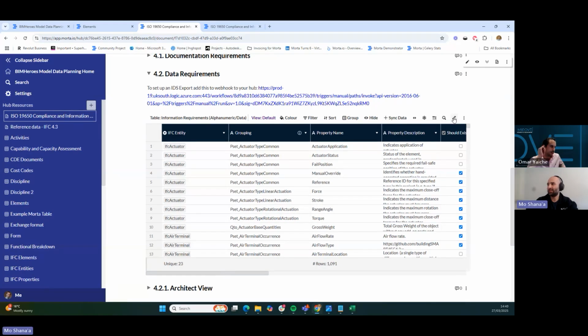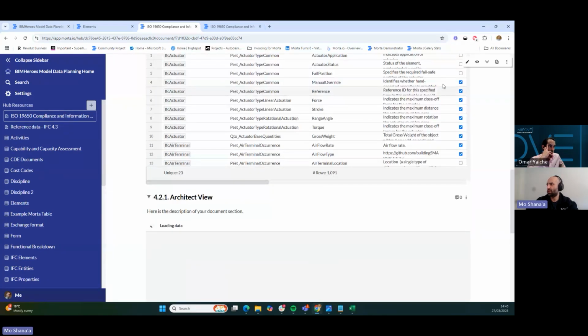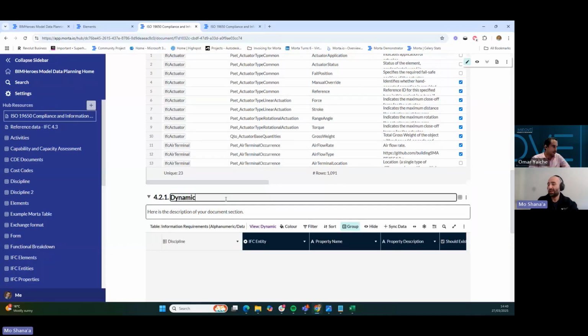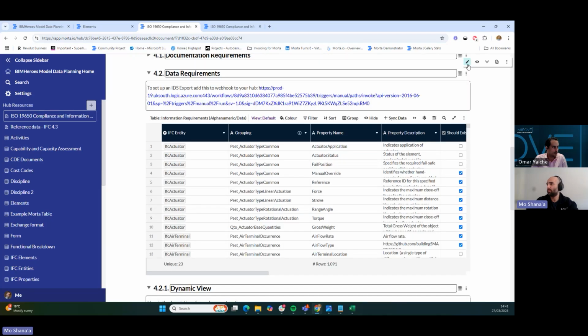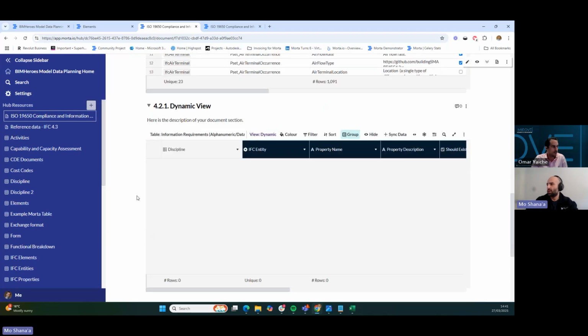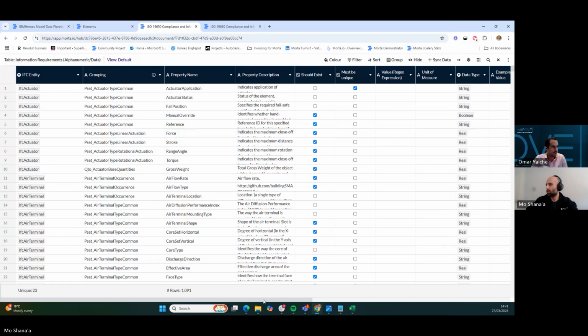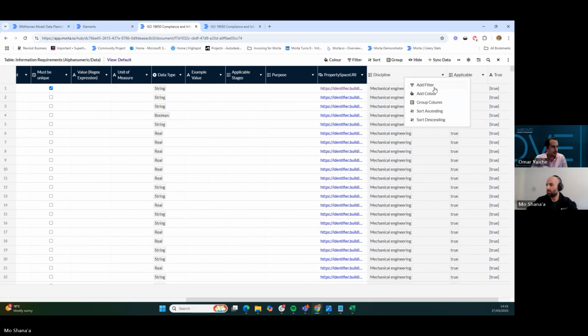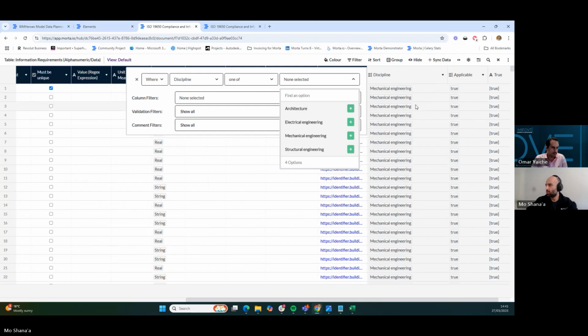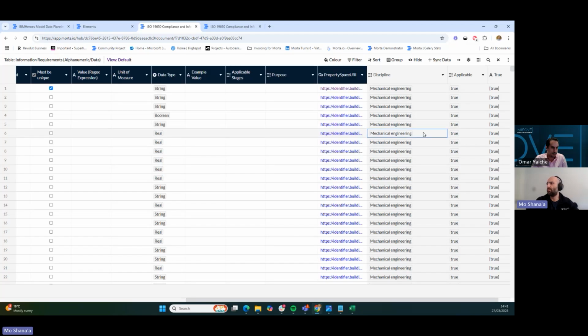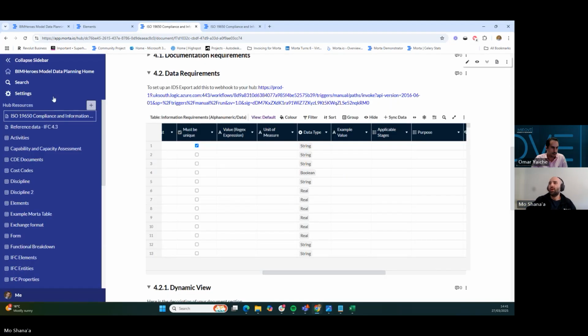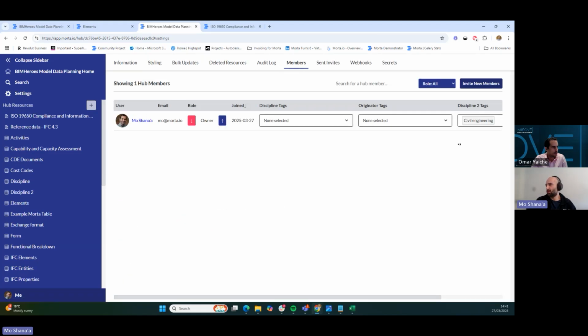So you can see, I can see less. Oh no, sorry, it's here. This should be dynamic view. I can't see anything because I'm guessing nothing has been ticked there. Let's double check. Yeah, see, there is no civil. That's why it picked up nothing. Now, if we go and change it back to mechanical engineering, for example,